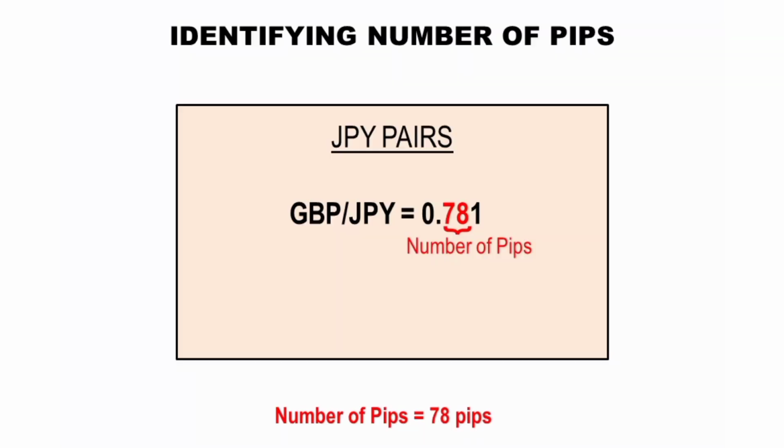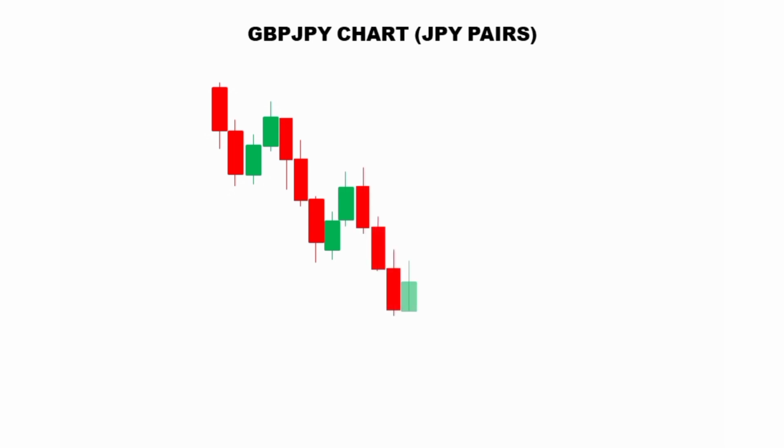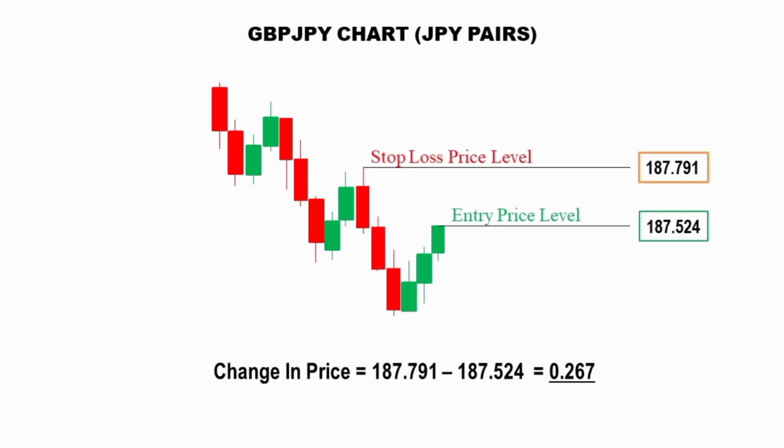For JPY pairs, the number of pips is the first two digits after the decimal place. So in this example where we have GBP JPY equal to 0.781, number of pips here is simply 78 pips. So let's quickly see an example on how we can identify number of pips on a GBP JPY chart. So if you look at this chart, you could see the entry price level and you could see the stop loss price level. So for this particular sell trade,